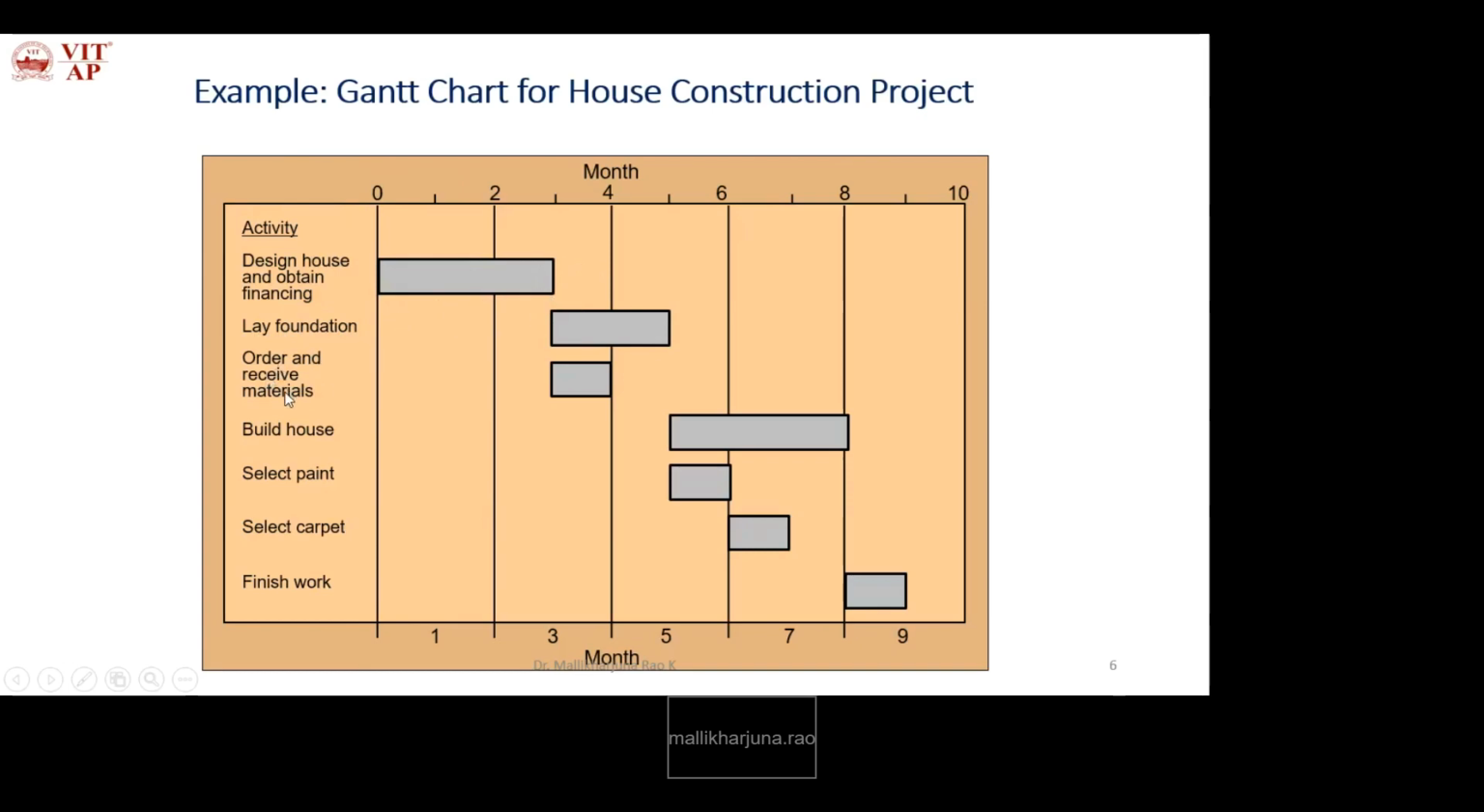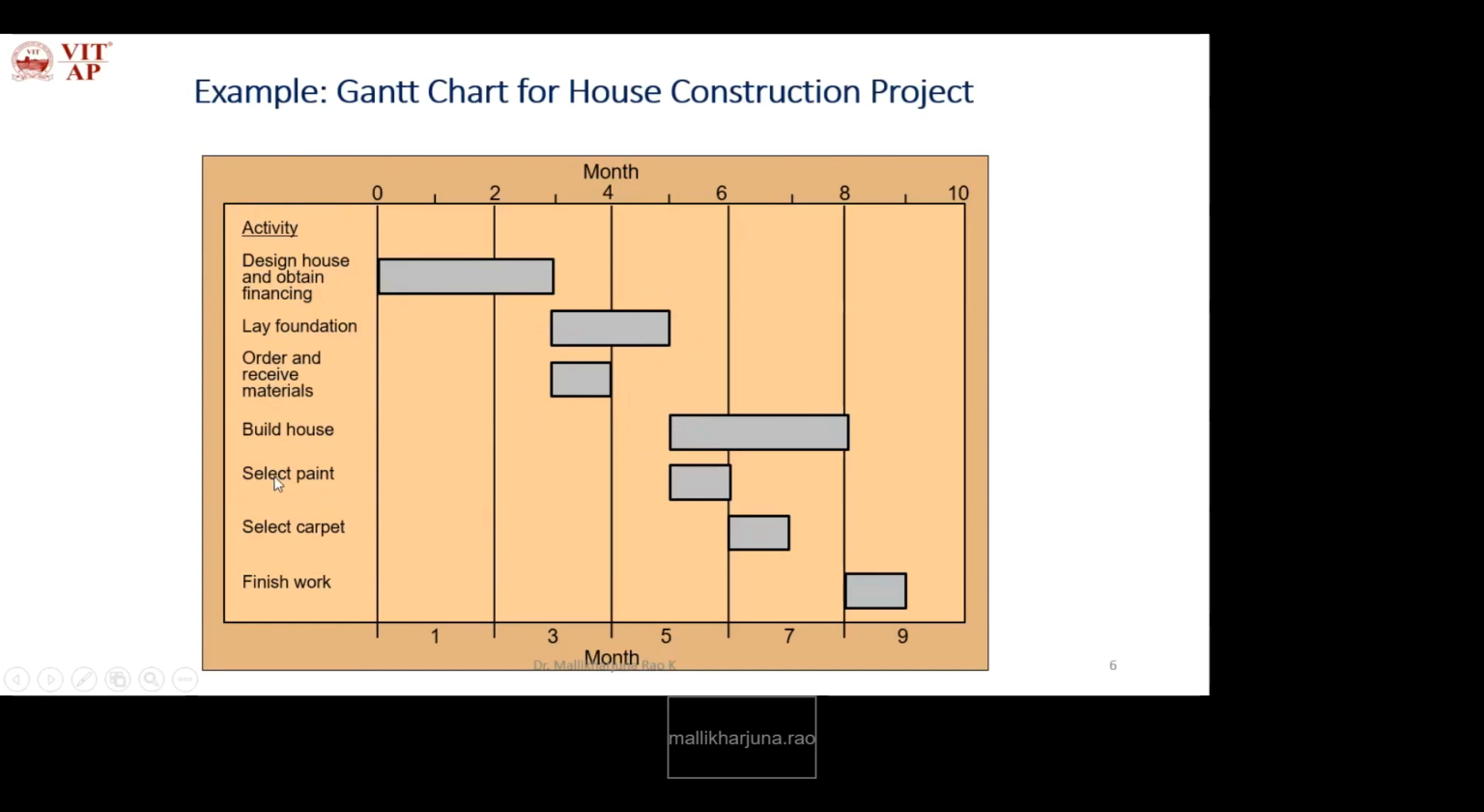Then order and receive materials also starts from the third month and ends at the fourth month. If you see here, these two start on the same day, so we can call them parallel activities. These two activities depend on the first activity, so they start whenever the first activity is completed. Then the fourth activity, build house, starts at the fifth month and ends at the eighth month. It depends on the second activity, lay foundation, so it starts whenever the second activity is